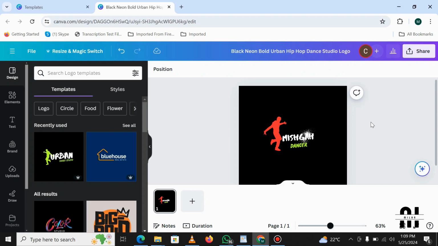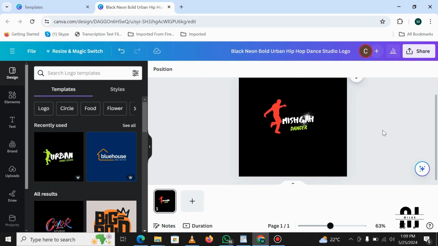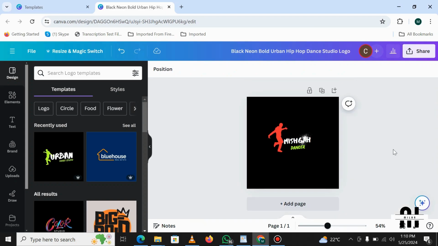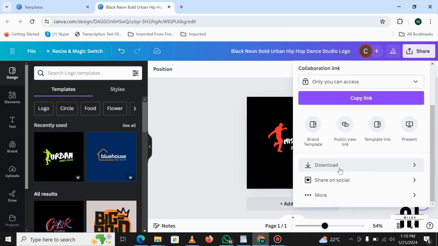Okay, the next thing that we're going to do here is to download this particular logo, maybe as a PDF or other format that we will decide. In this case, let me just come to download. Then